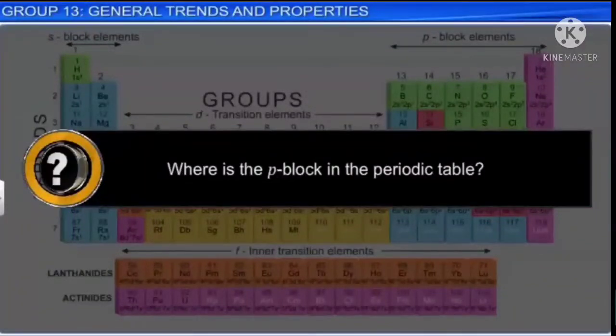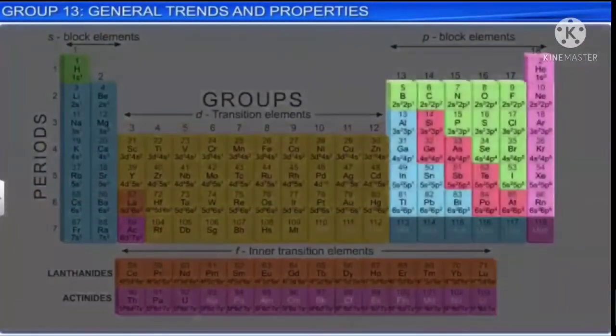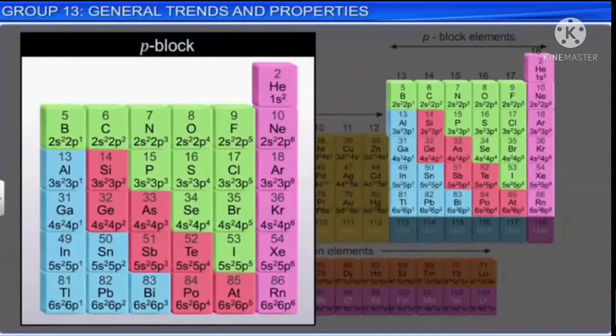periodic table. We are referring to columns 13 through 18 on the right-hand side of the table. Elements in the p block have their outermost or valence electrons in a p orbital,